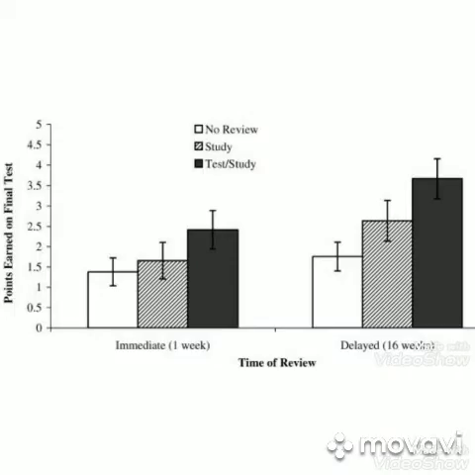To be more specific, now let's look at the diagram. Students reviewed some US history facts through tests with feedback, some through additional study, and some were not reviewed at all. On a final test 9 months later, students who reviewed the information after a 16-week delay remembered slightly more than students who reviewed it after a 1-week delay. And retention was significantly better for information reviewed through test study compared to study and no review.